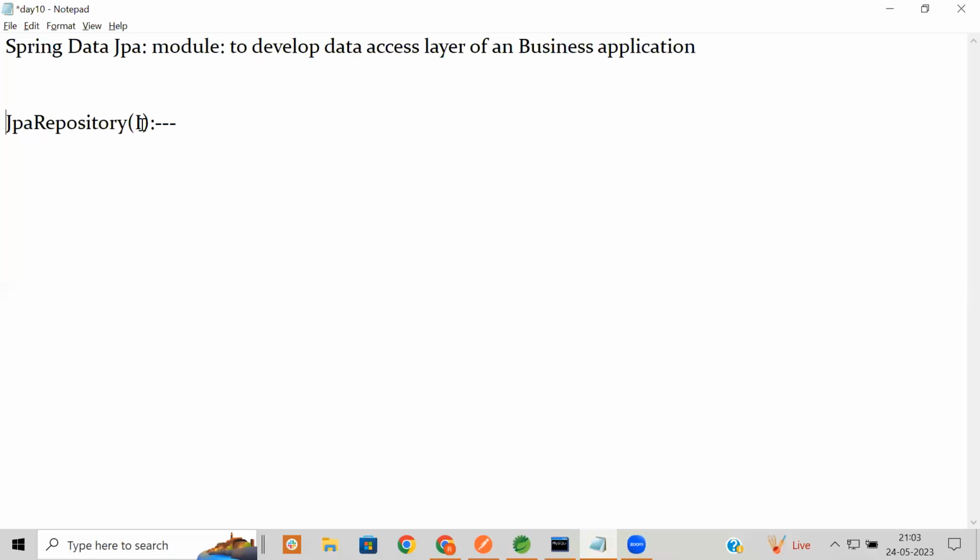This JPA repository interface has lots of predefined methods. Some of the methods we have already used. So what we generally need to do is create an interface which will extend this JPA repository